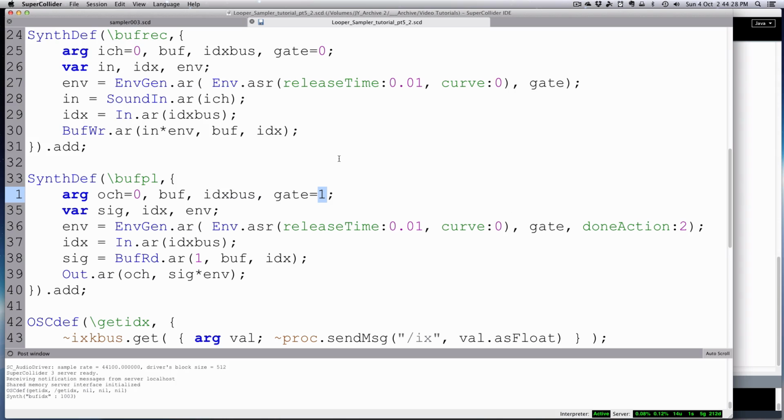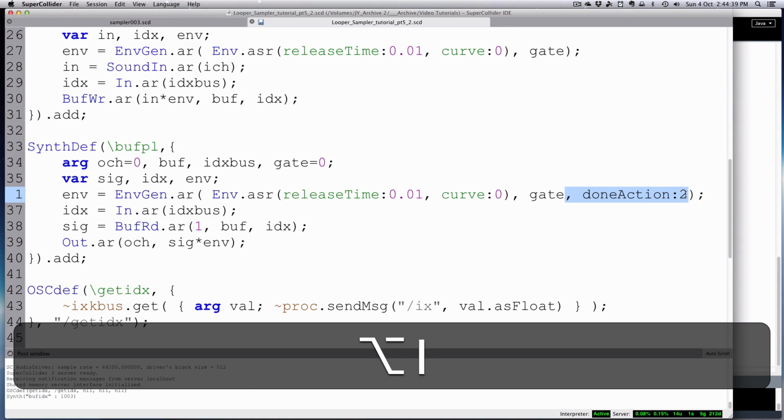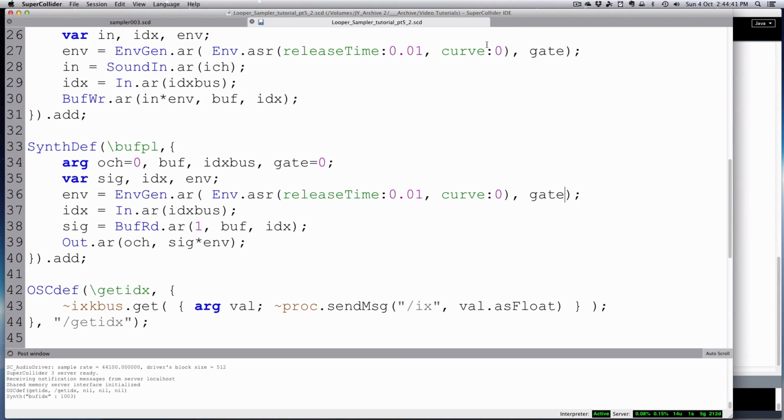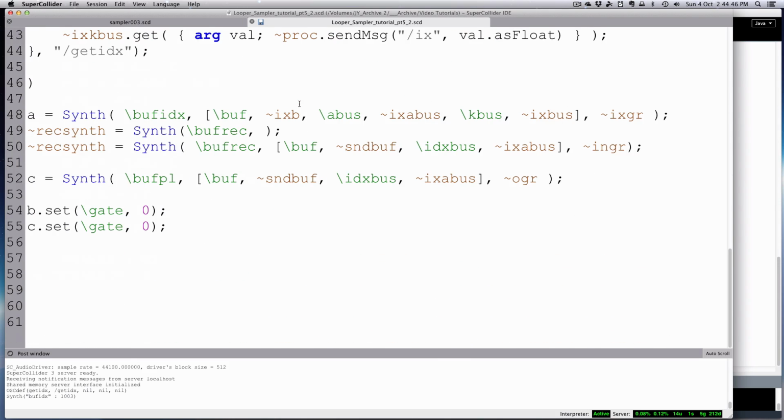So we will get rid of both of those gate ones, 0. We're going to get rid of this done action as well. Okay. Right, so those are just two changes there. Get rid of that done action, change the gate back to 0. All right, so then when we create a record synth, then we have to set it with these initial conditions